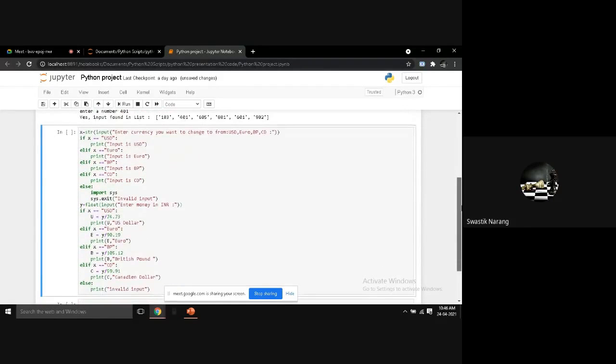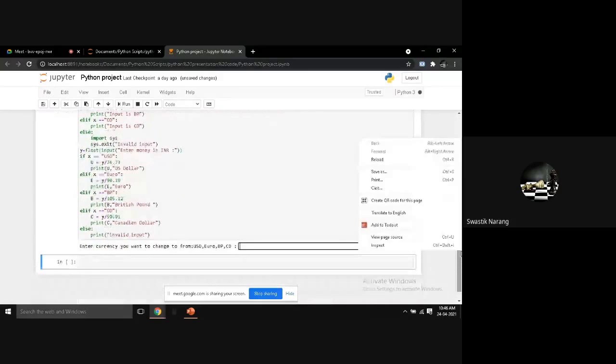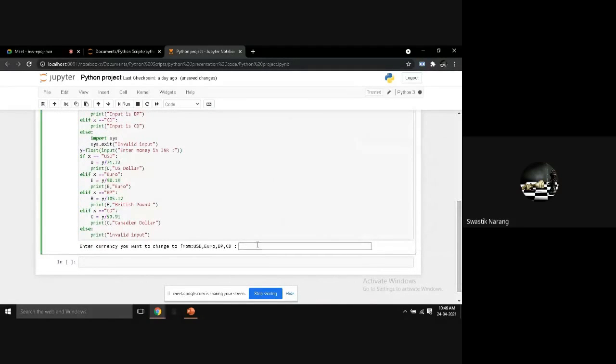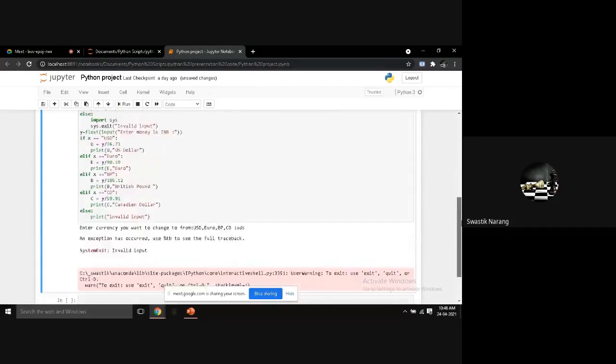And for my last code, it will first ask us for an input for which currency we want to convert the Indian rupee to, and if we type in a currency that is not present here, it will show us an output that is not correct.